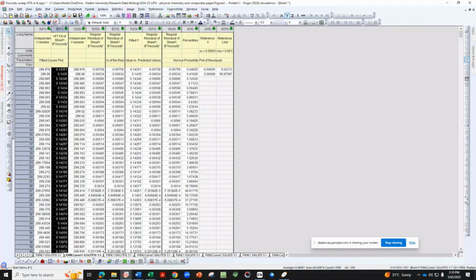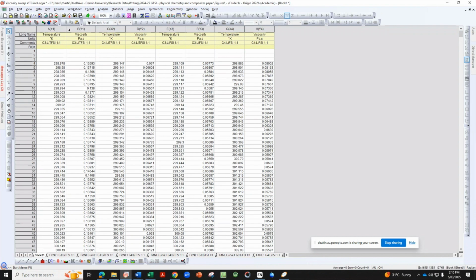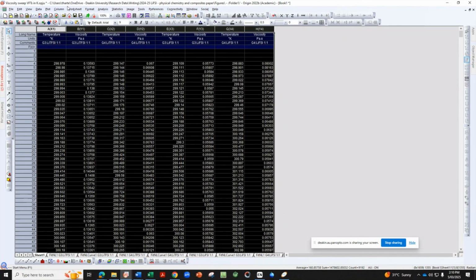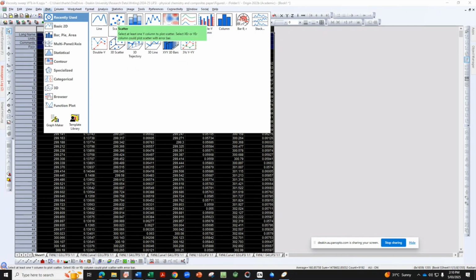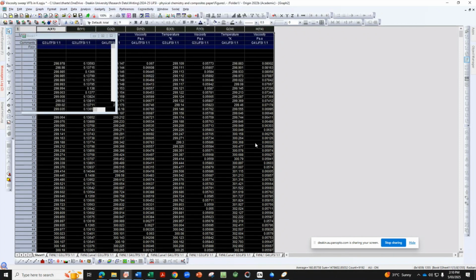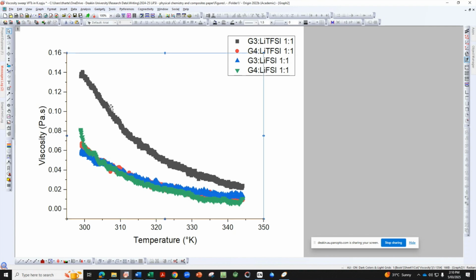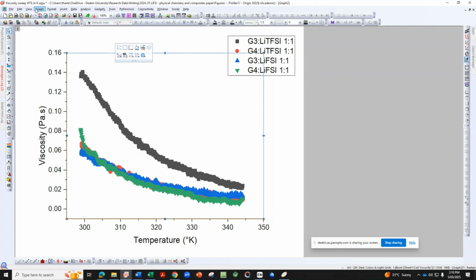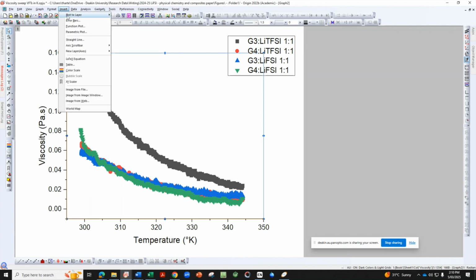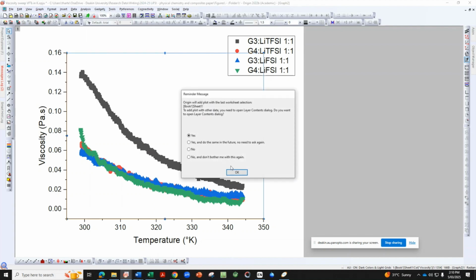So now if we want to plot all this data, I want to plot the initial data as a scatter plot to show the data points. I'll first bring in the VFT plots.